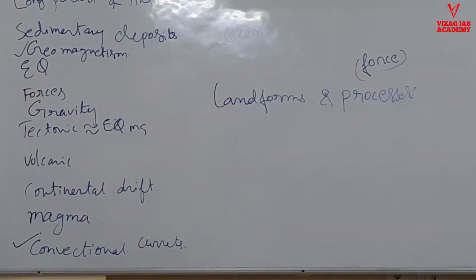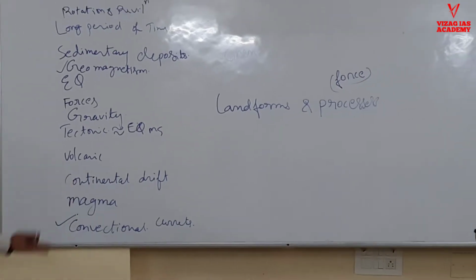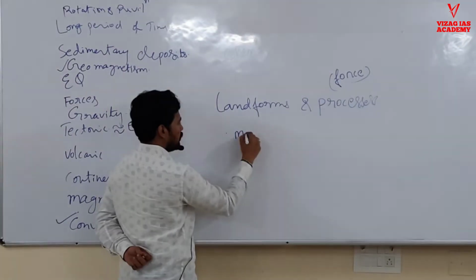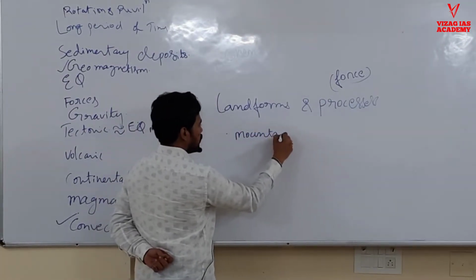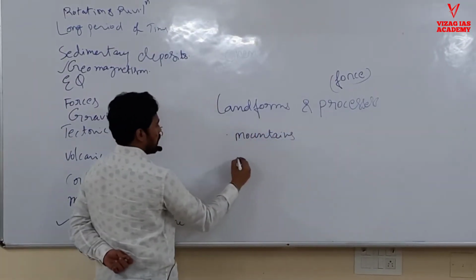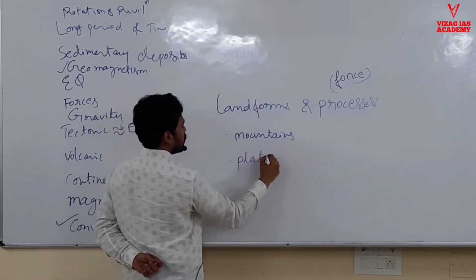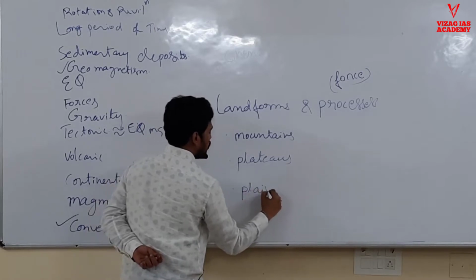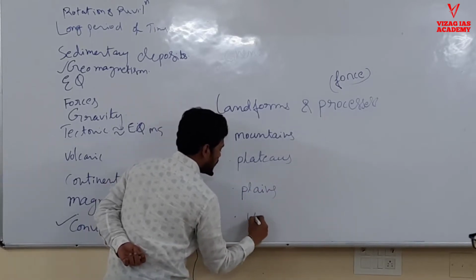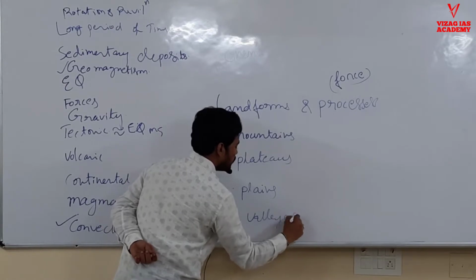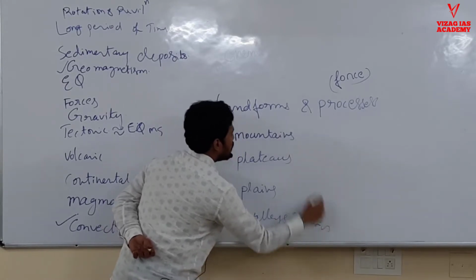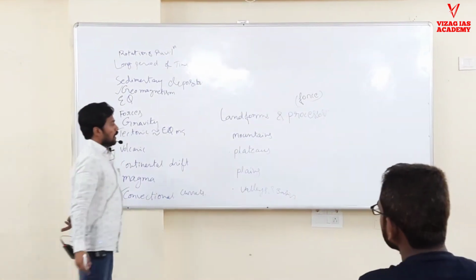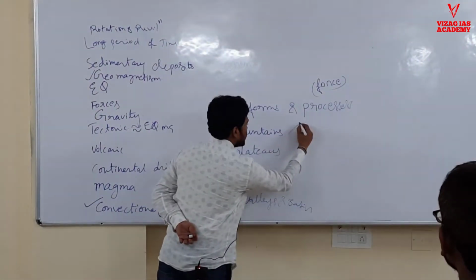Before going into that, do you want to discuss landforms? Because landforms are nothing but majorly mountains, next plateaus, next valleys and basins. This much only, nothing more. Anything more you can see? No. Okay. And again, mountains will be of different types.